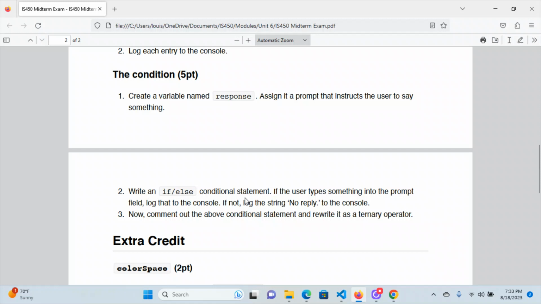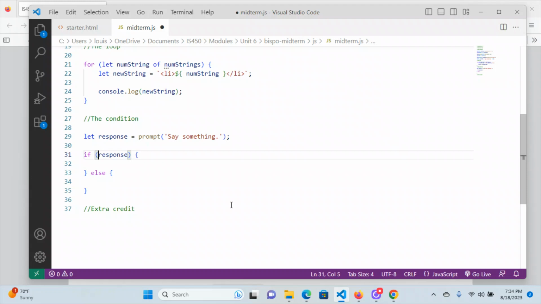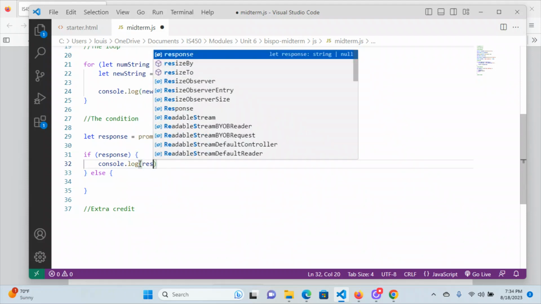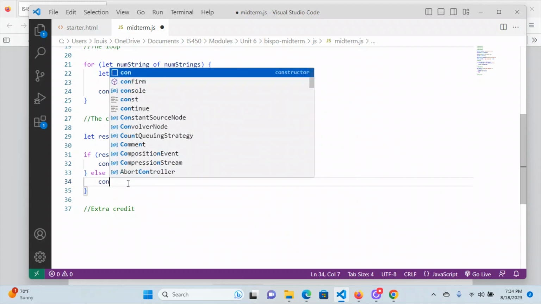If these were my instructions, like someone giving these instructions to me, I would think, okay, well that means this stuff here goes into the if portion of the conditional, and then "if not" is another way of saying else, so I would put that into the else block. But either way is fine. So I will do if response, and then console.log response. So if there is something that the user said, then put that to the console, and if not, then console.log